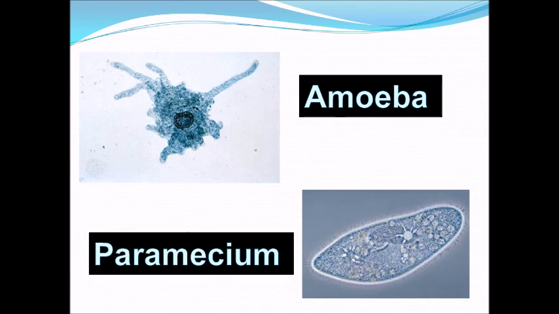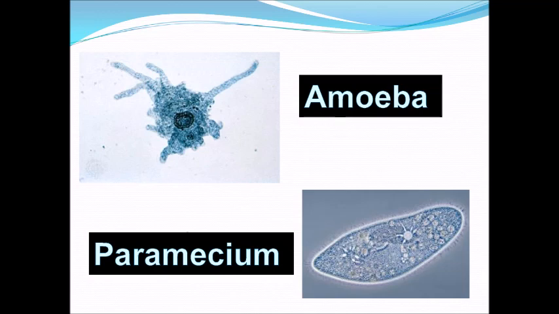Now in this slide, unicellular organism examples are given. The first picture is of amoeba. It is a unicellular organism and it is not visible with our naked eye, but the picture has been taken under a high intensity electron microscope. So these unicellular organisms are visible to us. The second picture is of paramecium,